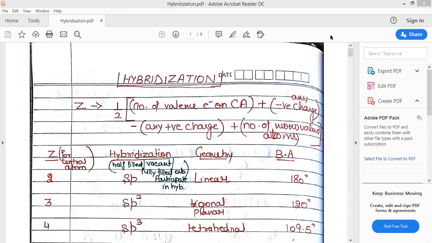As per your request, here I am making a video on hybridization. In this video, we'll be discussing the full concept of hybridization, all the things about how to fill the electrons for individual atoms present in the molecule. We'll be discussing the hybridization of molecules as well as molecular ions.